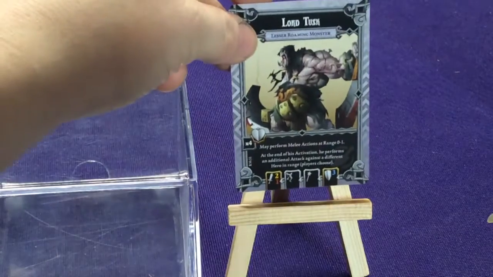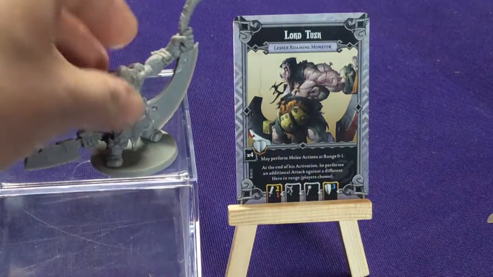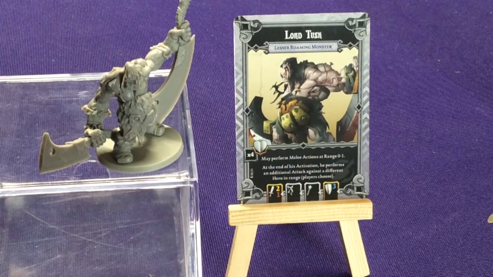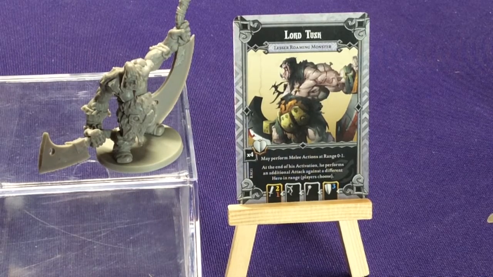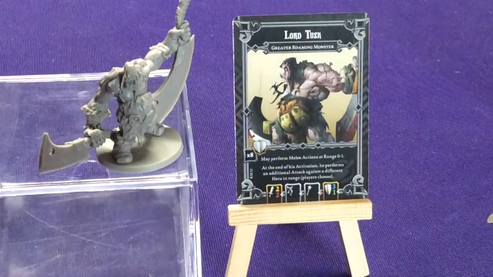And then our roaming monsters, we're going to fight Lord Tusk. There's Lord Tusk there. 4 health per player. May perform melee actions at a range of 0 to 1. So he gets an extra range on his melee, which is 3 dice. And at the end of his activation, he performs an additional attack against a different hero in range. So you'll swipe at 2 different heroes up to 2 spaces away. That's crazy. Then his upgraded version, he gets more health,